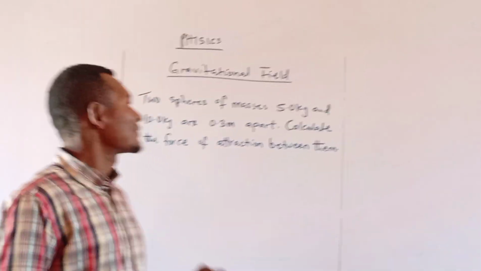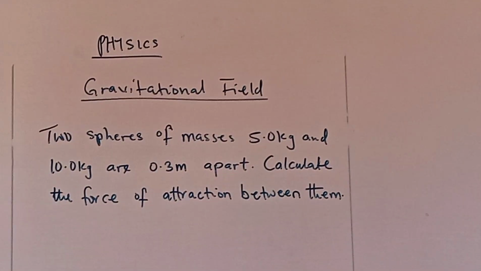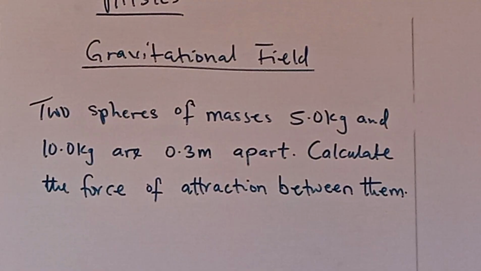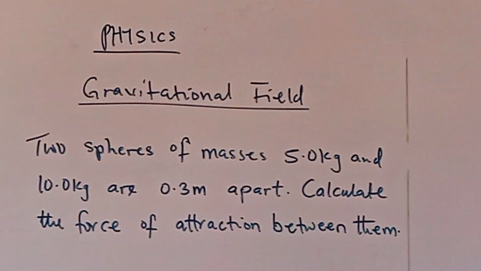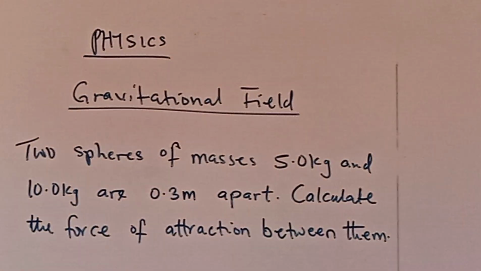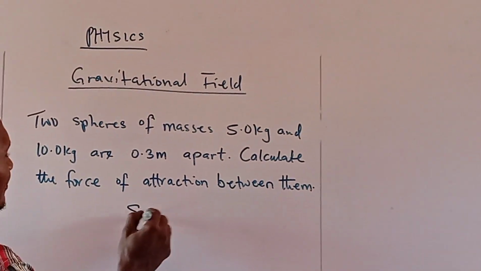See the question. The question reads, two spheres of masses 5.0 kg and 10.0 kg are 0.3 meter apart. Calculate the force of attraction between them. So, solution,